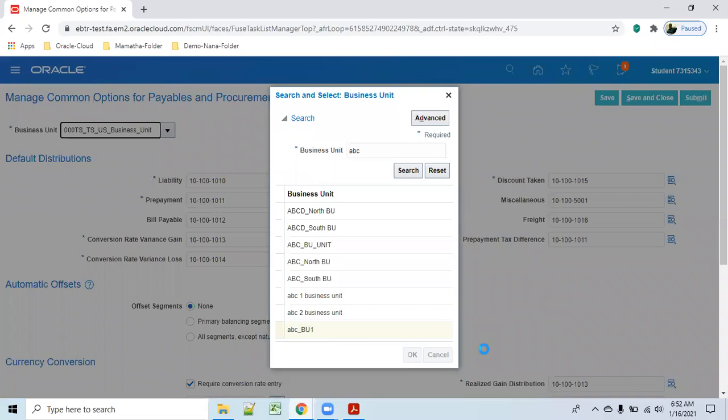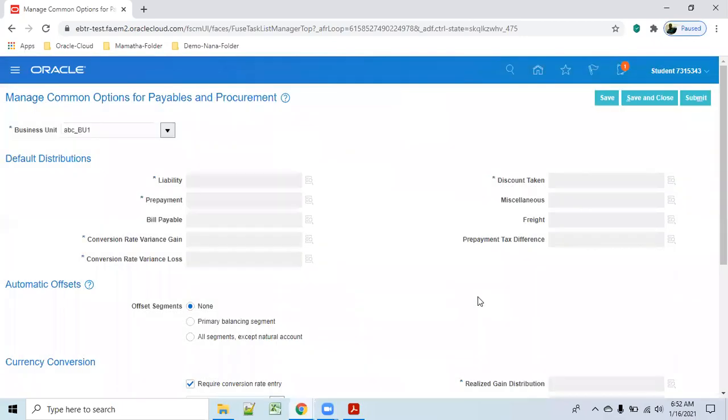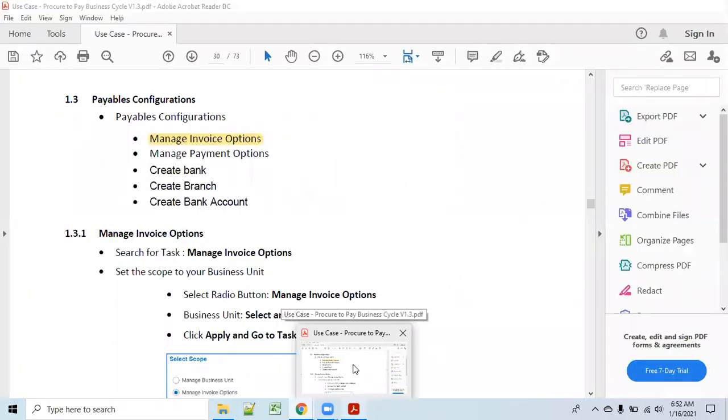ABC1 underscore. Yes. Whatever legal ledger we selected should have an accounting structure. It might have. That's fine, we'll see that.